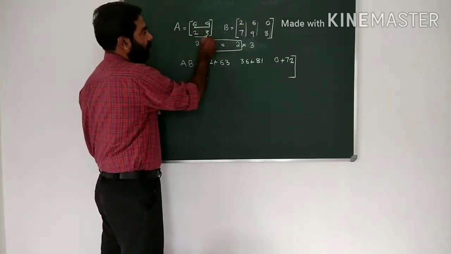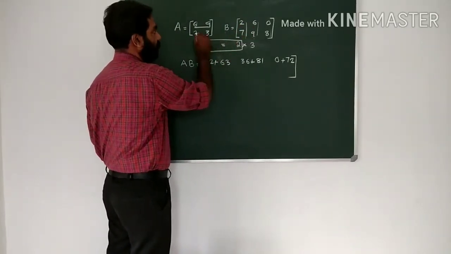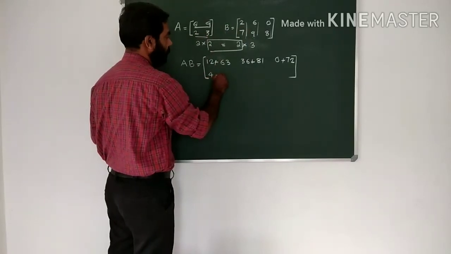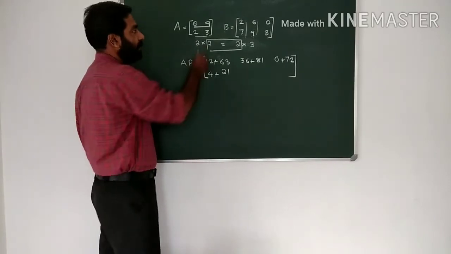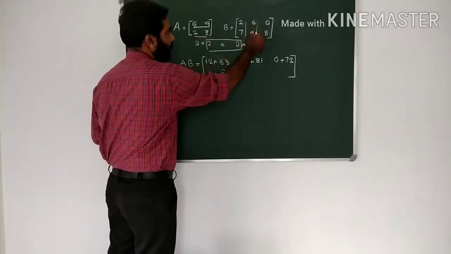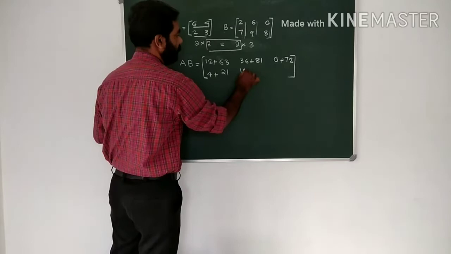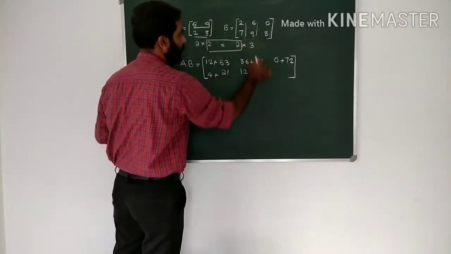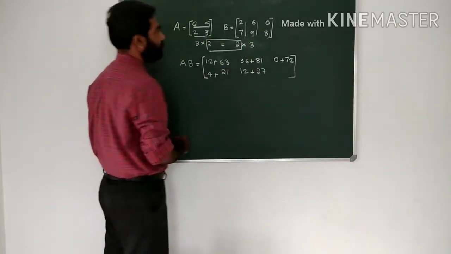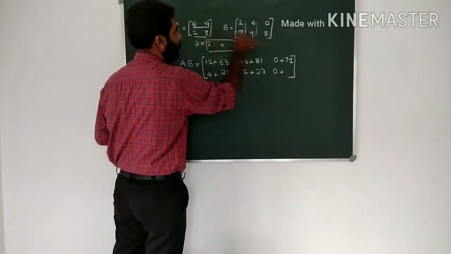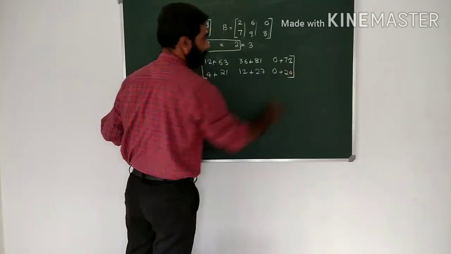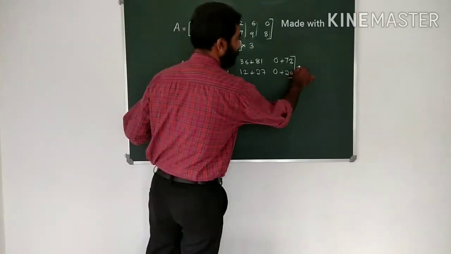Now the second row multiply with the first column. So 2 into 2, 4 plus 3 into 7, 21. Then second row with the second column. 2 into 6, 12 plus 3 into 9, 27. Then 2 into 0, 0 plus 3 into 8, 24. So that's equal to